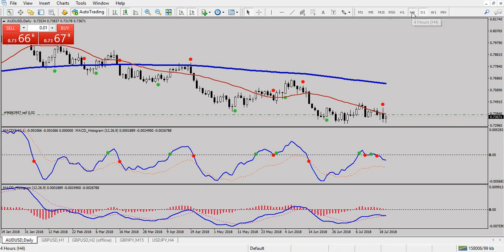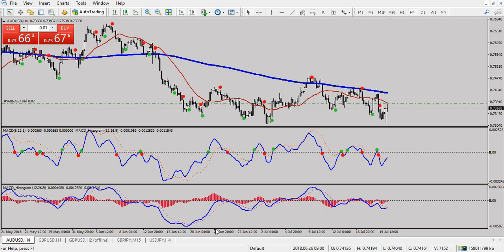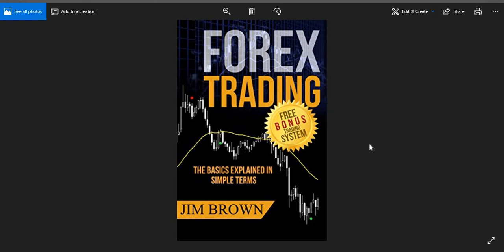Right. So that's about it, guys. That's from the basics book, as most of you already know. That's Forex Trading: The Basics Explained in Simple Terms. If you've got the high probability book, you can put this system together with the indicators you've already got, so it's no big deal. And like all of my methods and